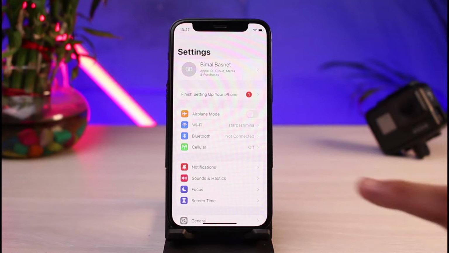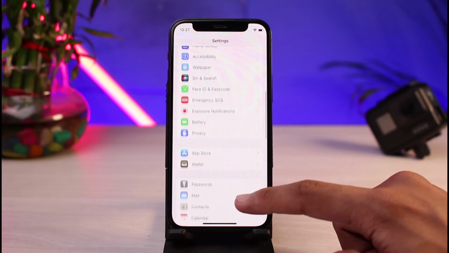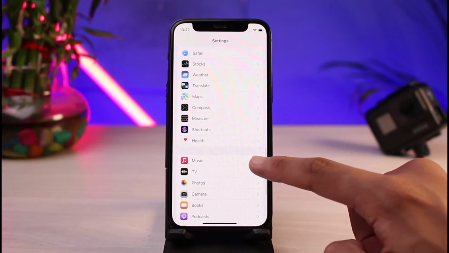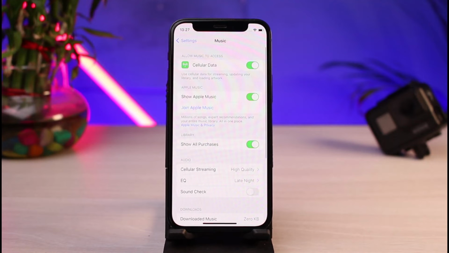What you have to do is scroll down and look through these options and find the app which says music. So go ahead and look for the app called music right over here. As soon as you tap on the option called music, you'll be able to see a list of all these